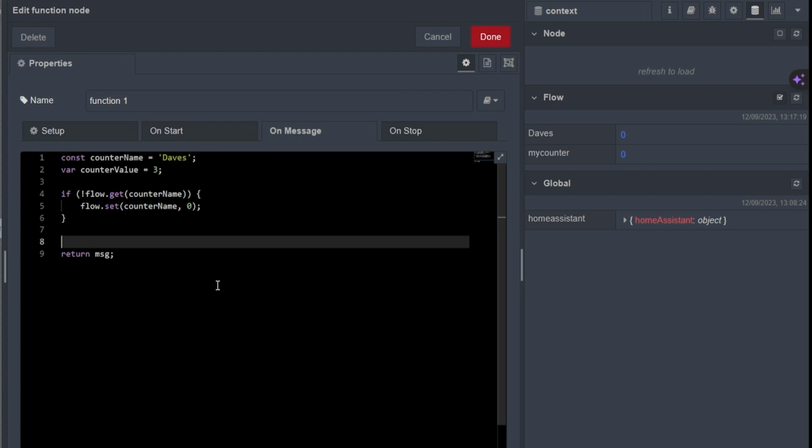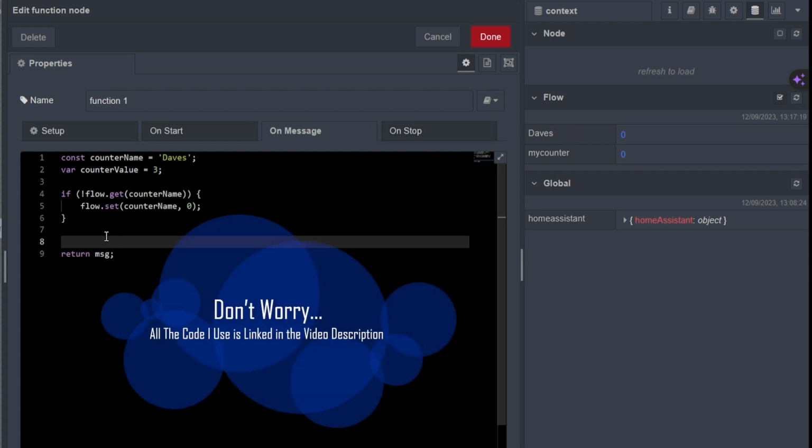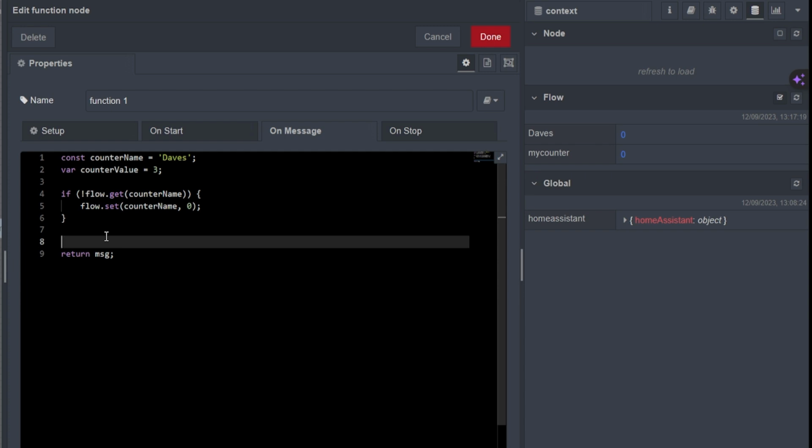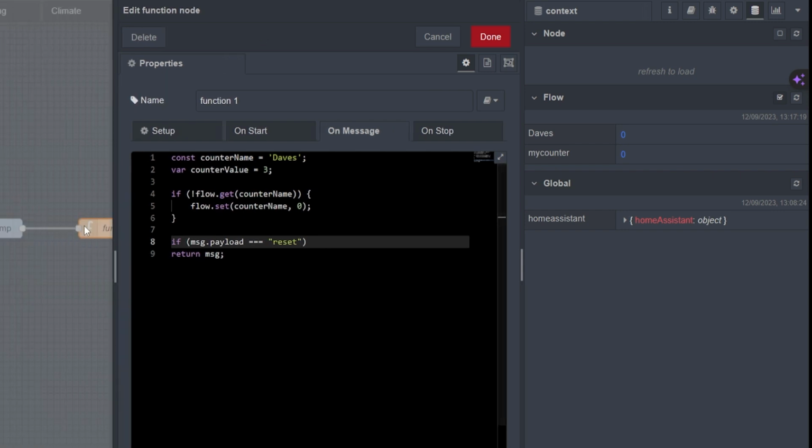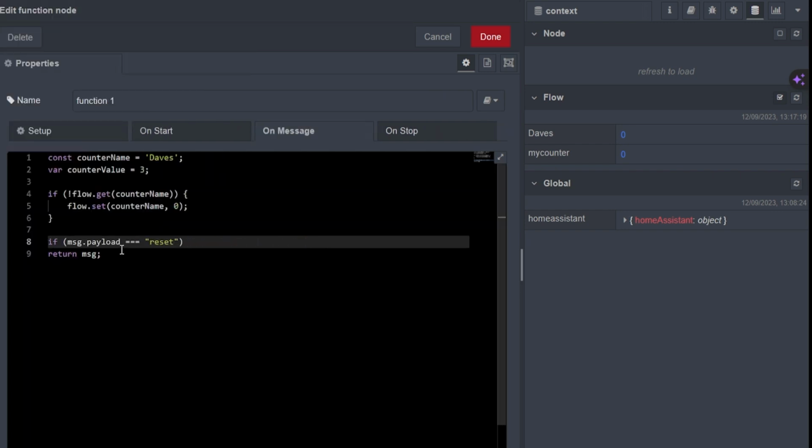Now the first thing we need to do is a reset, because we want to reset this back to 0. And we're going to do the reset first because that needs to be looked at first before it does any adding or anything else. We'll do another if statement, and this is going to be message.payload equals reset. So what this if statement is looking for, if the message payload, which is what's coming in here essentially, is equal to reset this counter. Again, we'd start with the open curly brackets. It gives us the closed curly brackets to make the if statement complete.